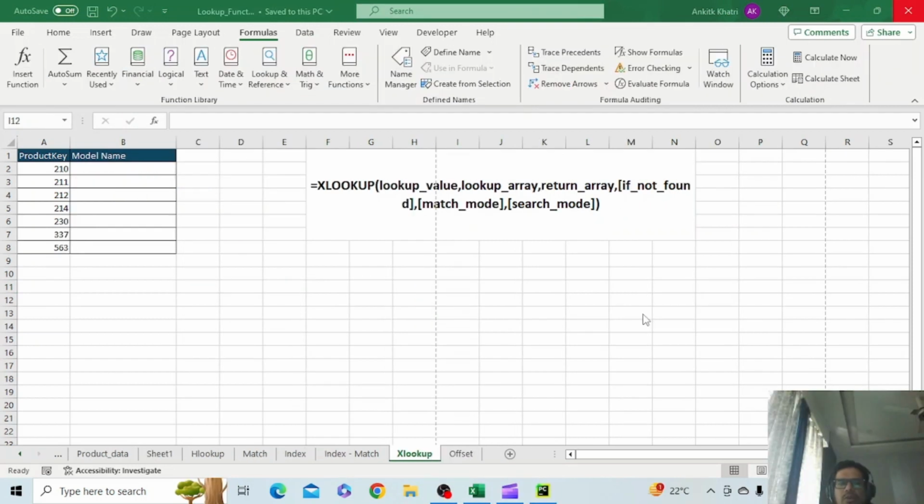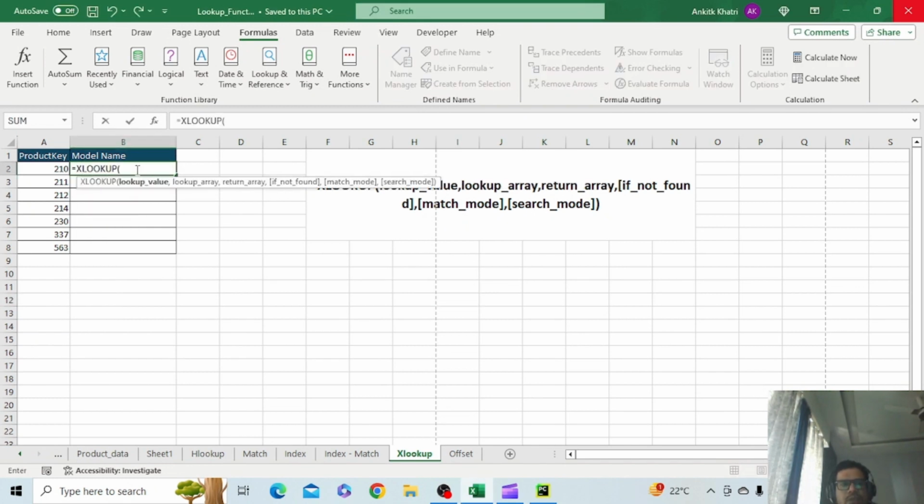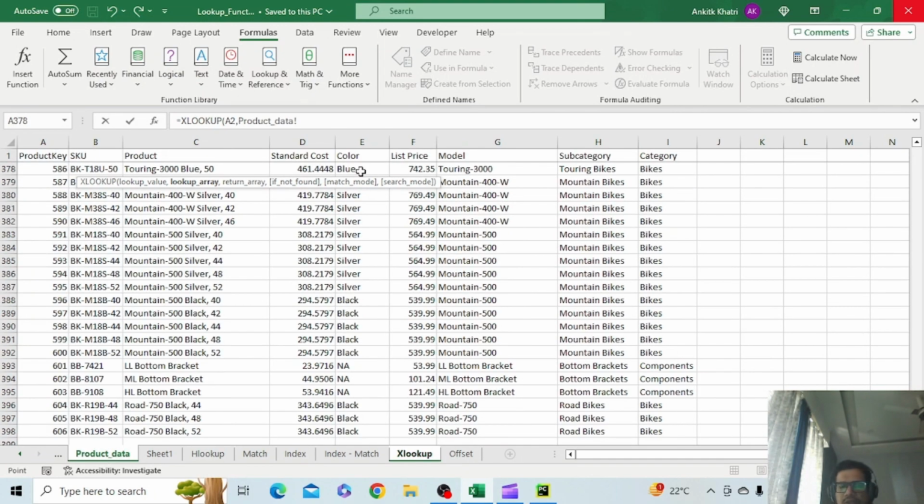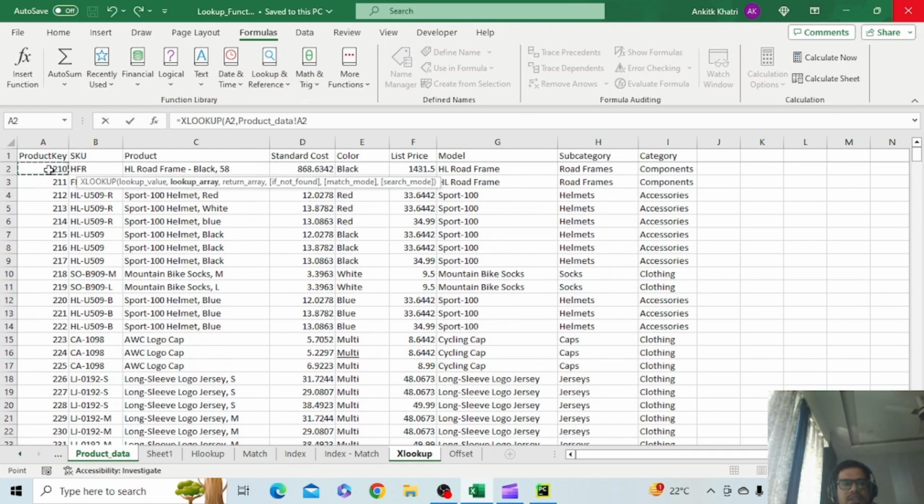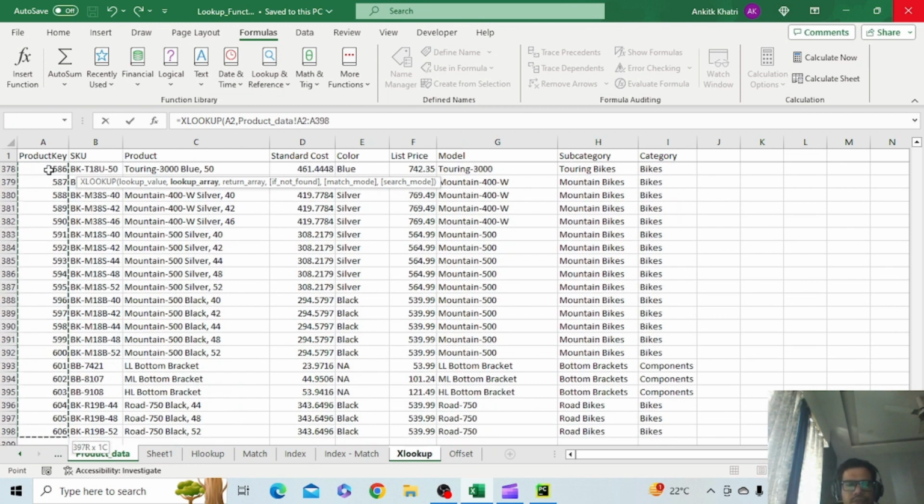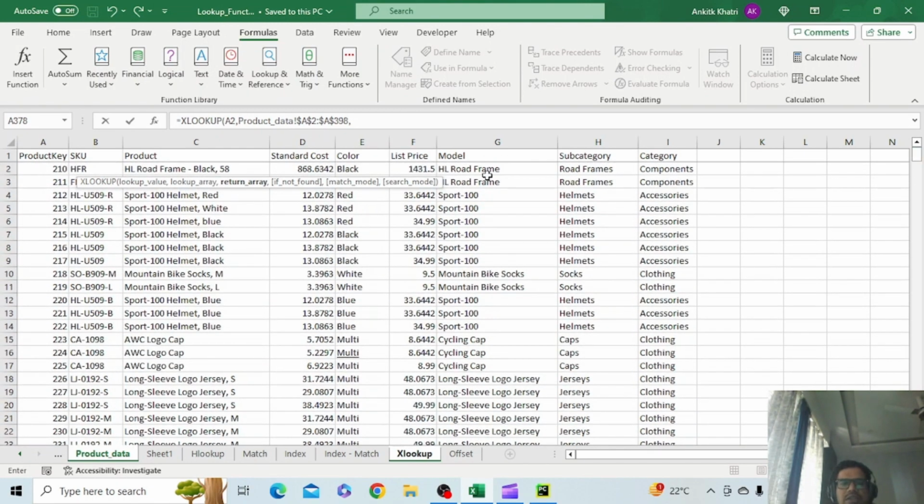Now let's talk about next lookup function, that is Xlookup. Let's go through the arguments. So we have the first argument as lookup value, which is this, the value that you want to find. Lookup array, as in where do you want to search for the value. In this instance we have product key. Third argument says return array. What do you want to return in case the match is found? Let's take model this time,